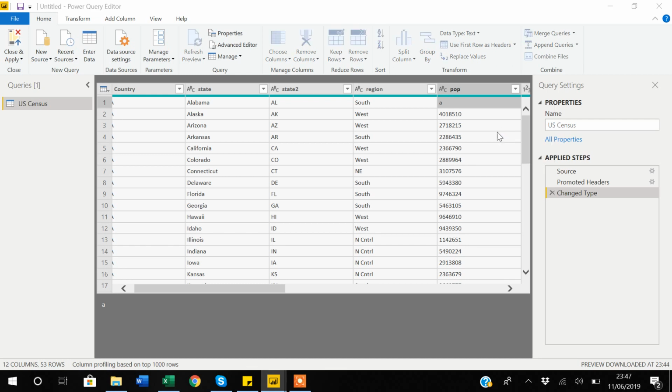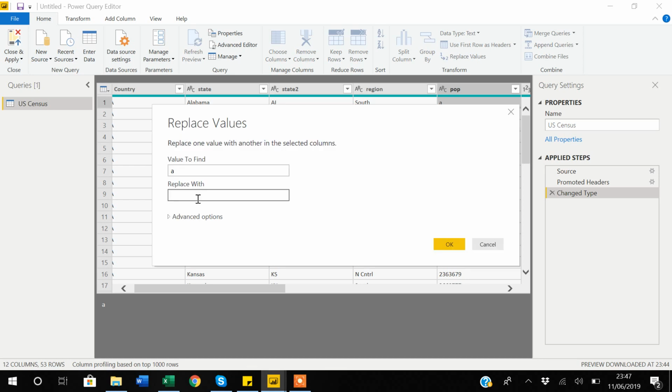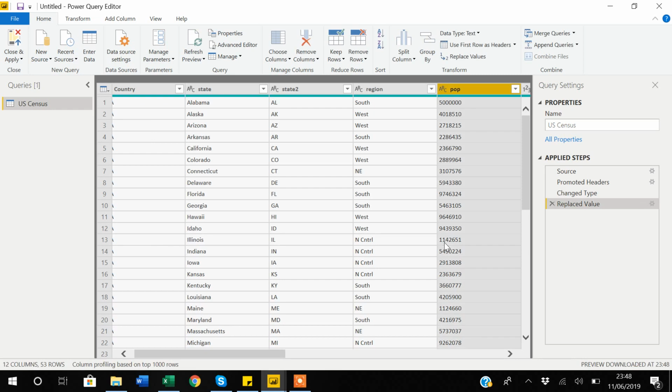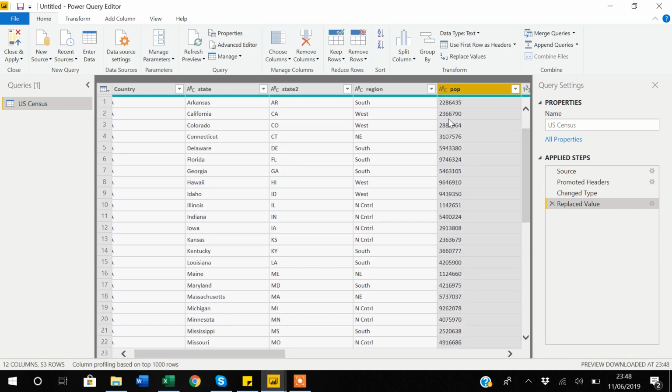Once I click replace values, it will take me to a new dialog box, and I will say value to find A, replace with some value, like suppose I know that it should be 5 million. Once I set replace, you can see that now in this variable we have all numeric values,